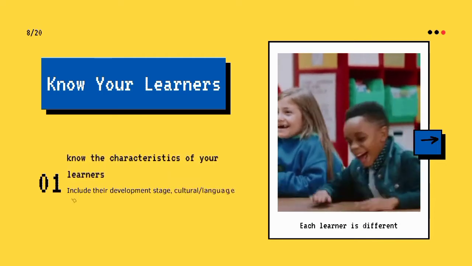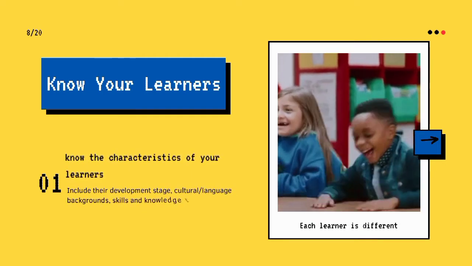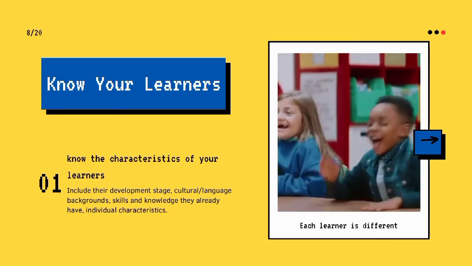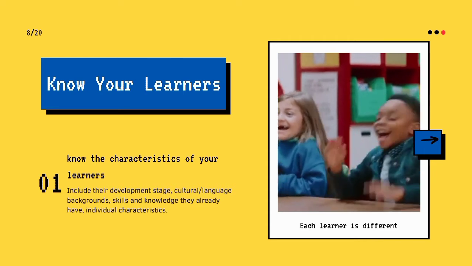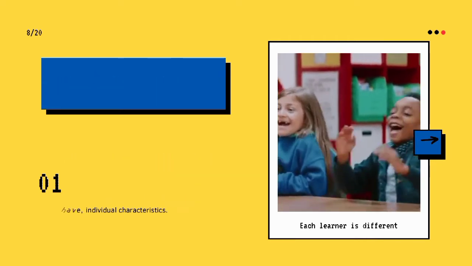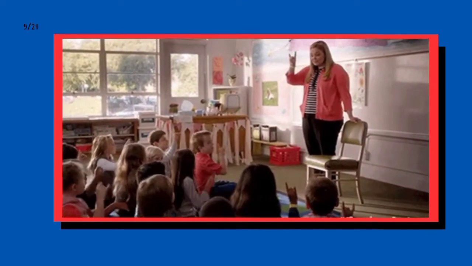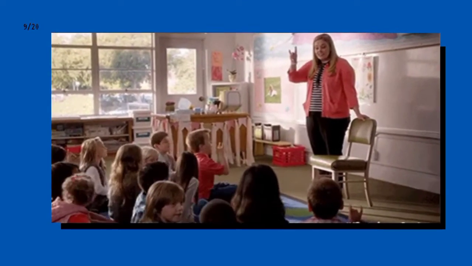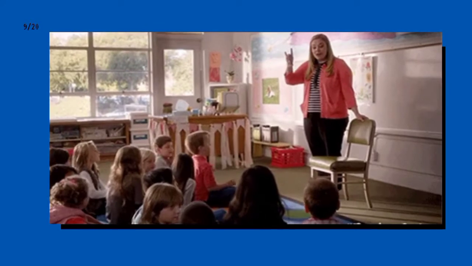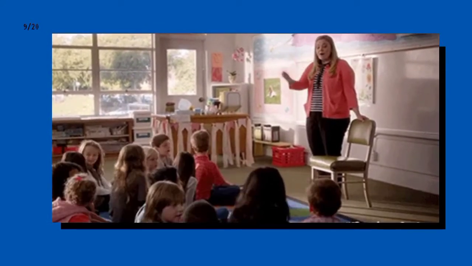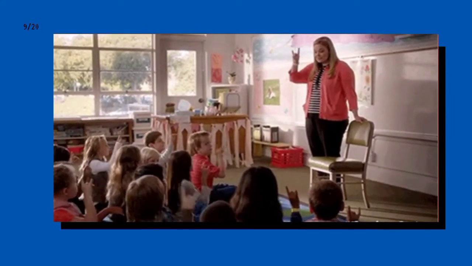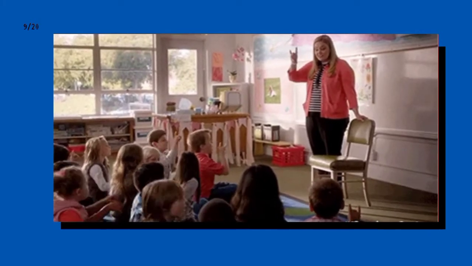You need to know the characteristics of your learners so that the teaching will benefit them. The characteristics include their development stage, physical and cognitive, cultural, language backgrounds, skills and knowledge they already have, individual characteristics, learning styles, cognitive styles, types of intelligence, similarities and differences as a group, and their effects on the design of instruction. Feedbacks obtained in this step, internal feedbacks, and those obtained after completing the step, external feedbacks, must be used